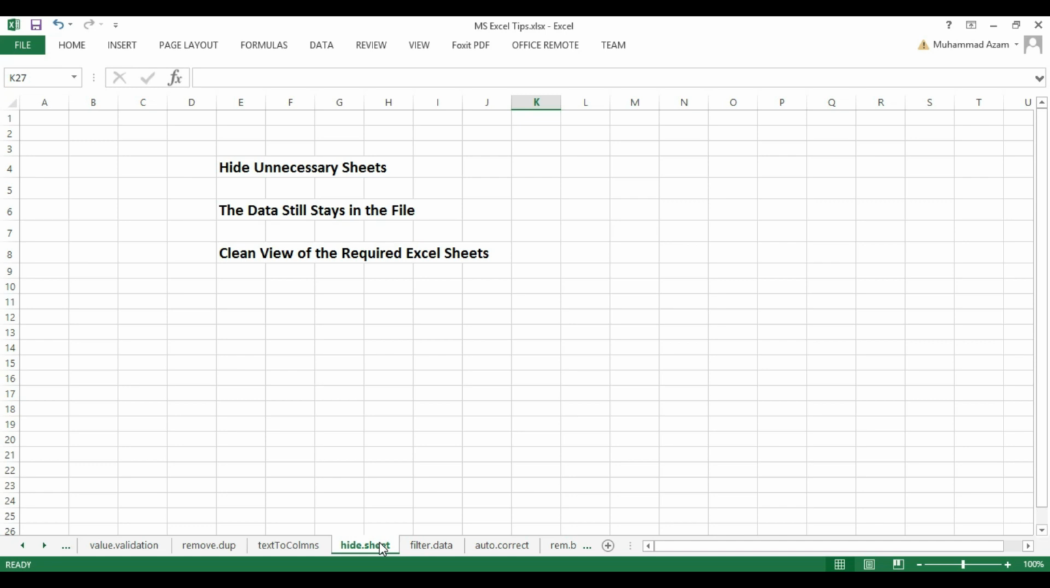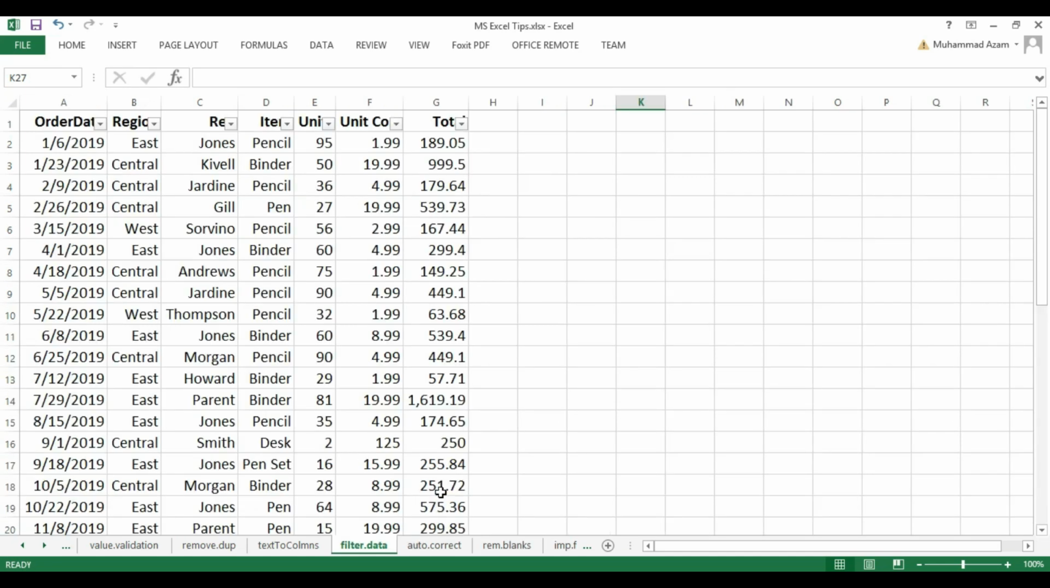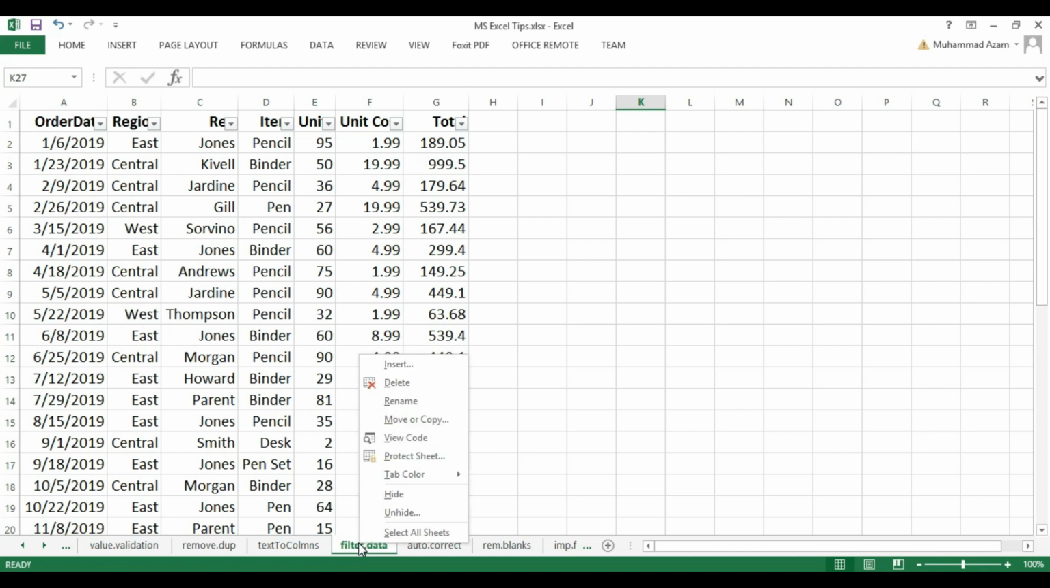For doing that, you need to select the sheet, right click, and here you have this option, hide. You select hide and you can see automatically that sheet is gone. You're not going to see it anymore here in this list. If you want to unhide it, you need to select any other sheet,